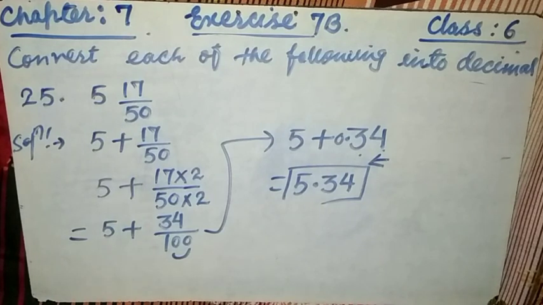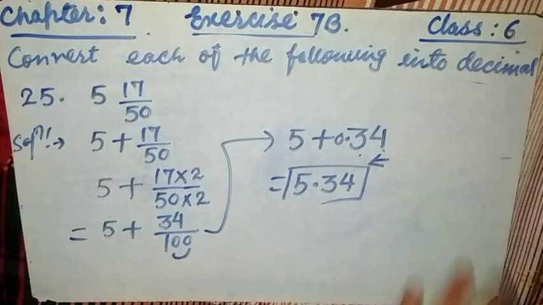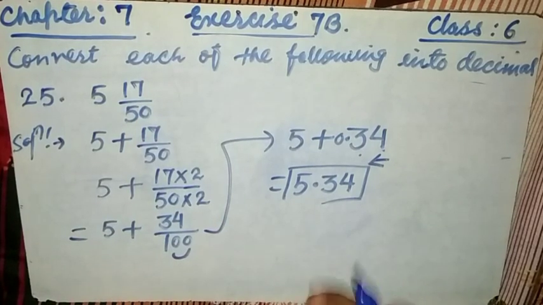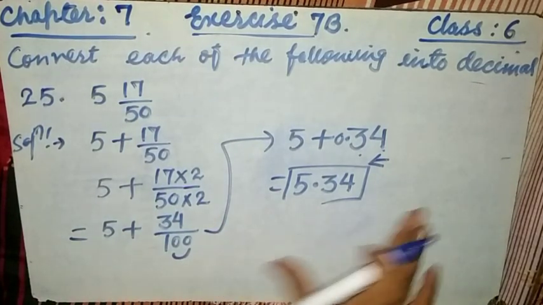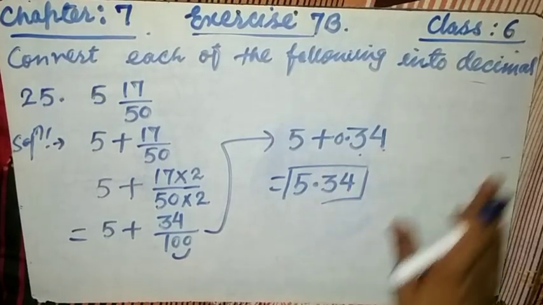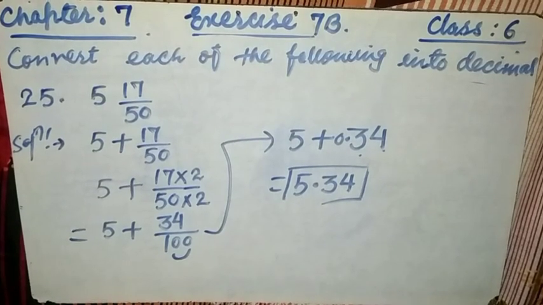This method will take 1 or 2 more lines, but there is no mistake. While if you solve by the first method, it will take more calculation, a difficult type of calculation. We will make this mixed fraction into an improper fraction, then divide numerator by denominator, okay. It is up to you. If the first method is for you, then you can apply it, but I think the second method is very convenient.